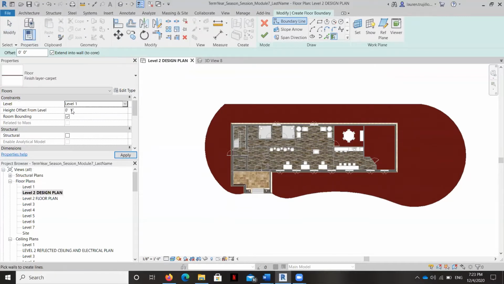I want it on level 1, and I want it to be 1 inch thick. I used a series of lines and arcs to create this shape because I wanted something kind of organic. Maybe the employees here are going to walk around this grass or pathway on their lunch break. So it's got a real soft curve to it.